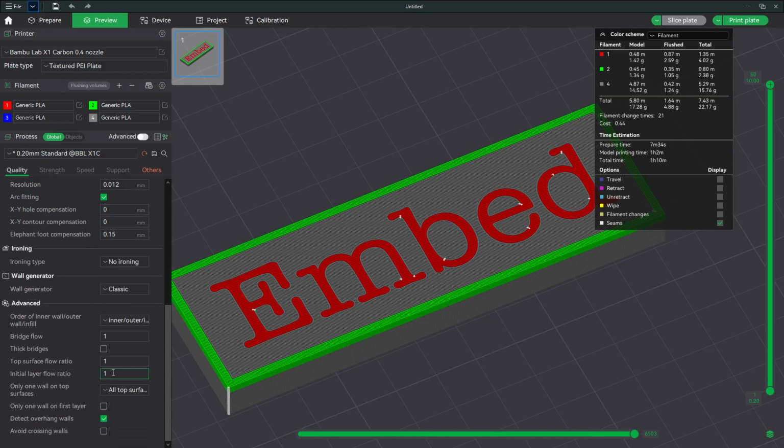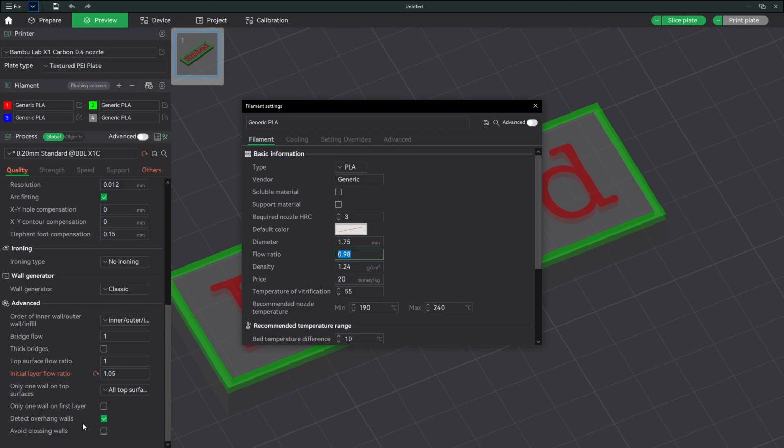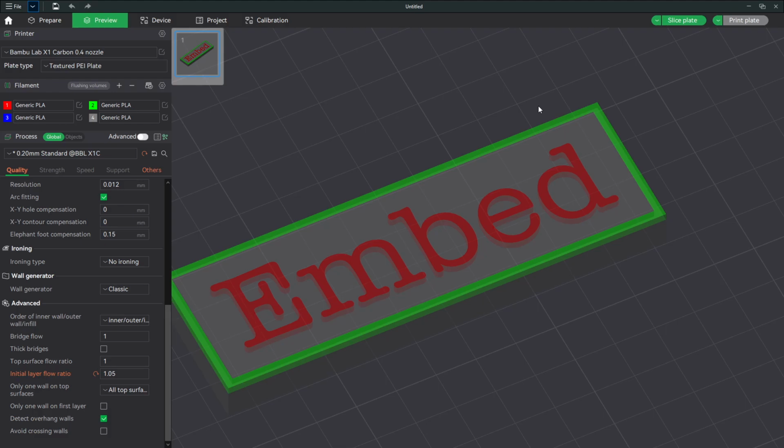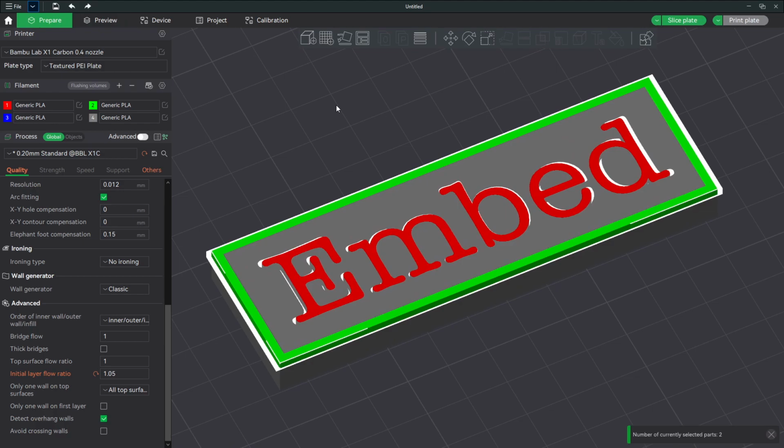For example, initial layer flow ratio. If I'm printing signage face down, I'm turning that to 1.05. That tiny little bit extra is saying 105% of whatever your material profile says. So if your material profile is 0.98, it's going to be 105% of 0.98. That tiny little bit extra on the first layer helps plug in little holes. It helps cover up any kind of discrepancies you might have, any kind of imperfections you might have inside that model. So if I was printing this face down,